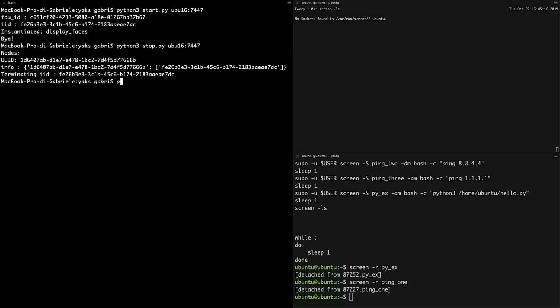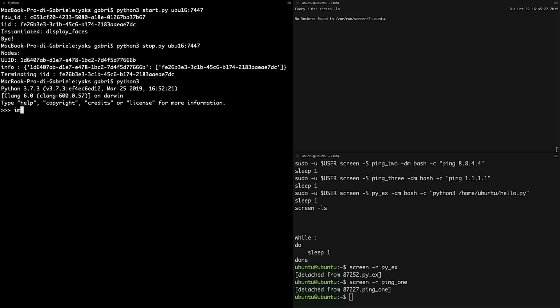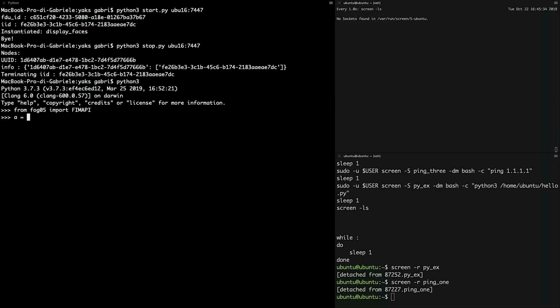If you want to see something more interesting from the Python API, I import it, because these are the APIs at the node level.